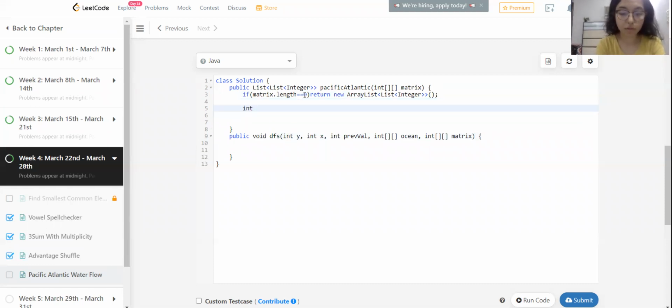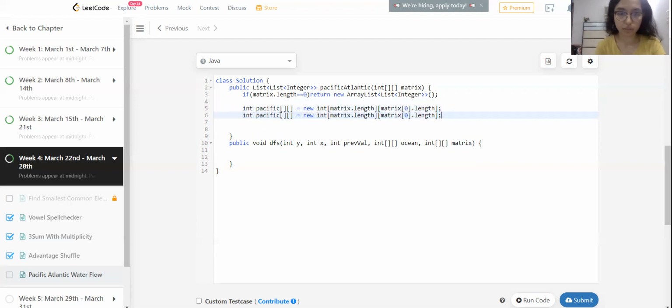We'll create two-dimensional arrays. One will be Pacific, of matrix dot length by matrix 0 dot length. The other will be Atlantic. Let's copy this again and just change the name.